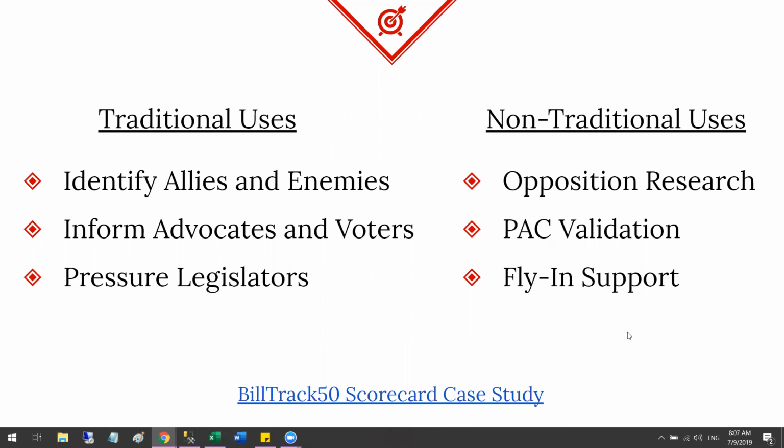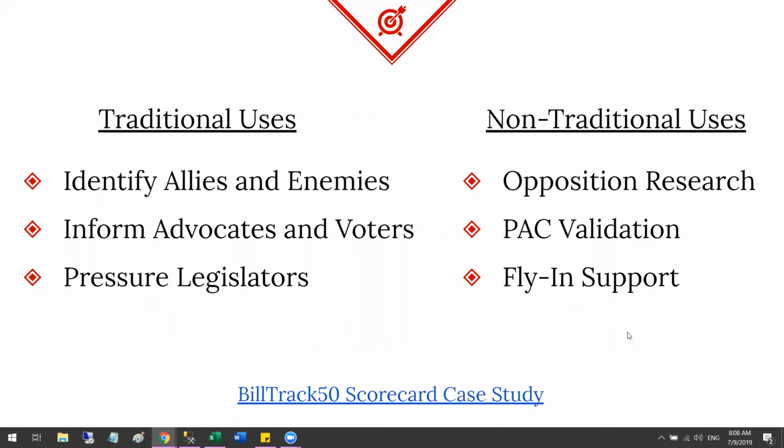On the non-traditional uses, opposition research. If you're trying to see what organizations you're typically against, seeing what they're advocating on behalf of, which would generally be opposite of your organization. On the candidate side, it's an easy way to see how candidates, potential candidates, are voting on issues that are important to your platform. Why are you running? Well, I'm running because this person is against everything that we stand for.